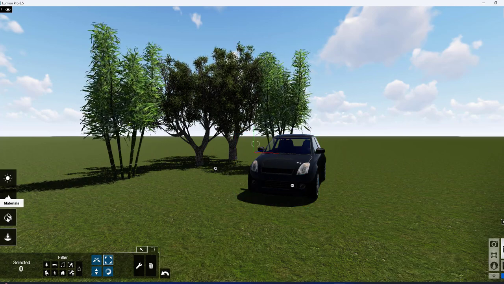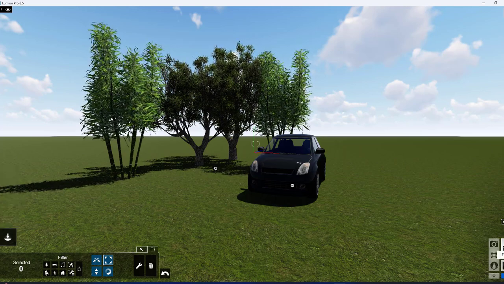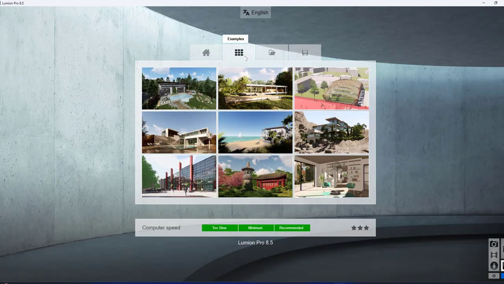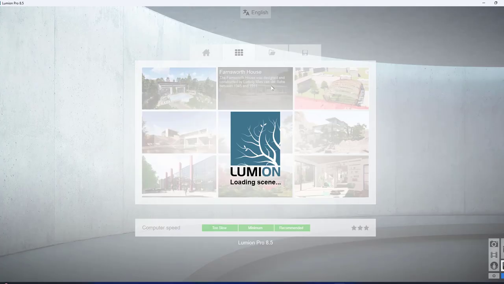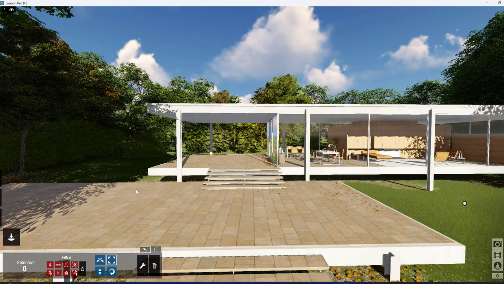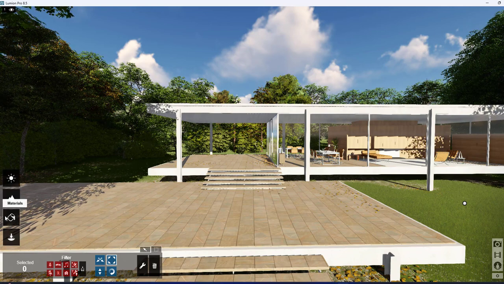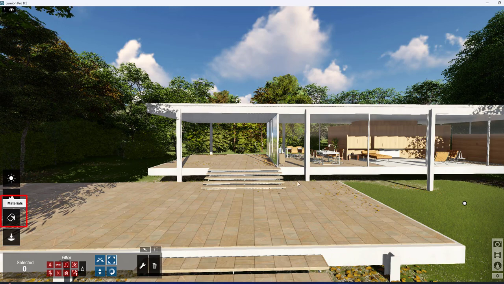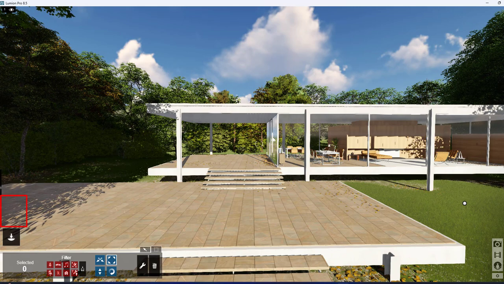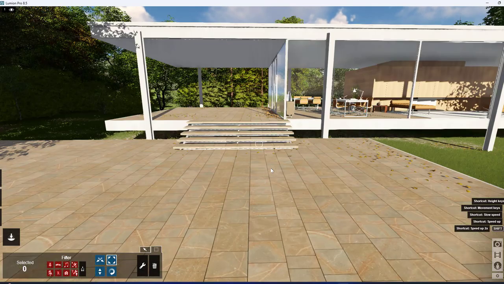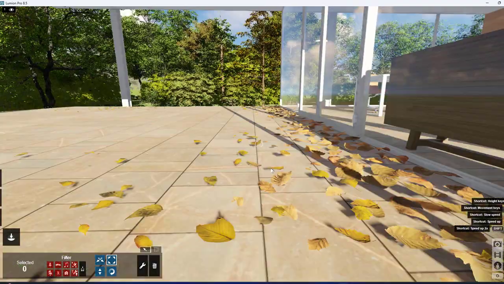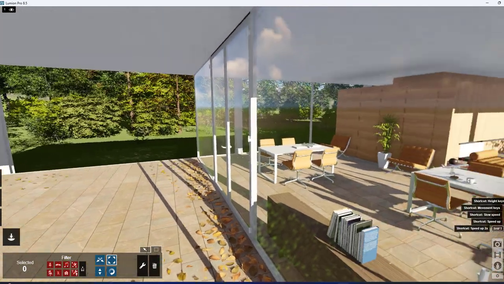Next let's learn about the material. Before going to learn the material, always we should have the model with us. For that I click on the file option, going with the example model and then click over this. Here you can see I am ready with the example model. To apply the material, I just click on the material option, but this example model is ready with the material, that is wood material to some part and then white color and then glass, like this.